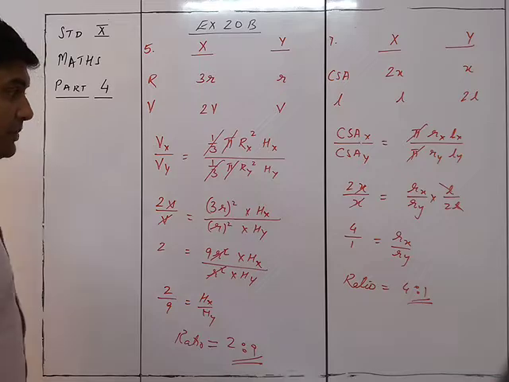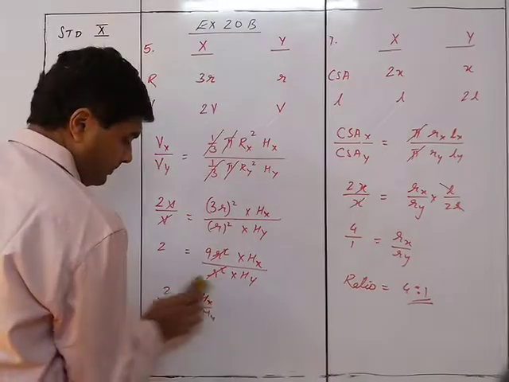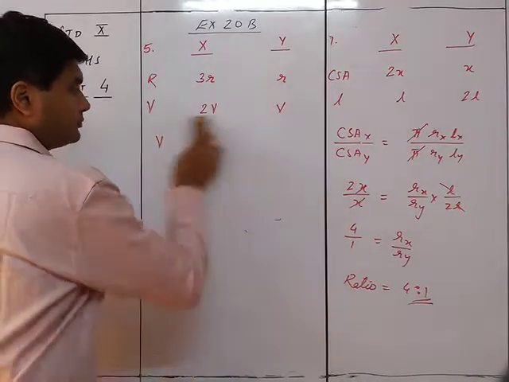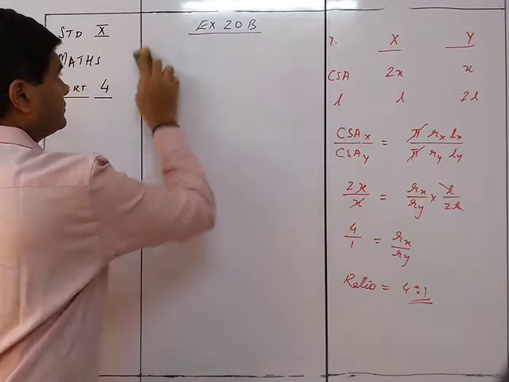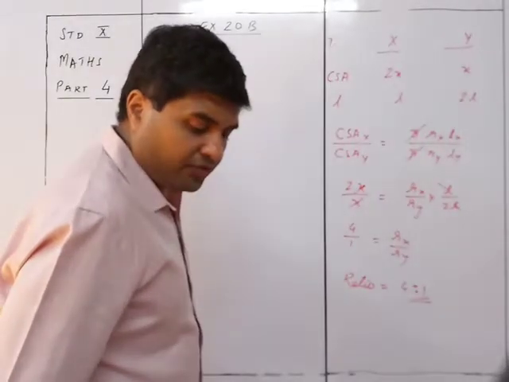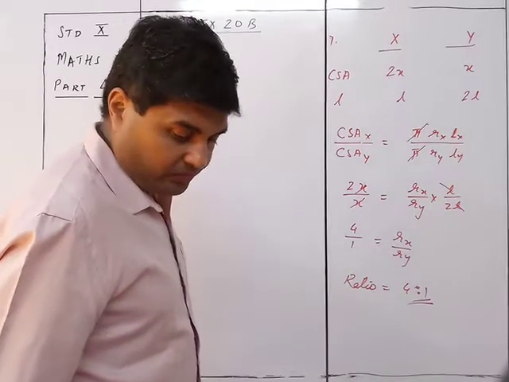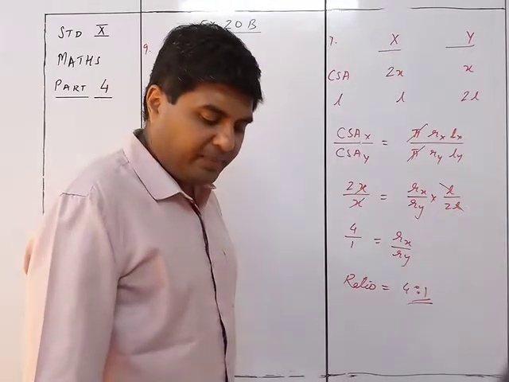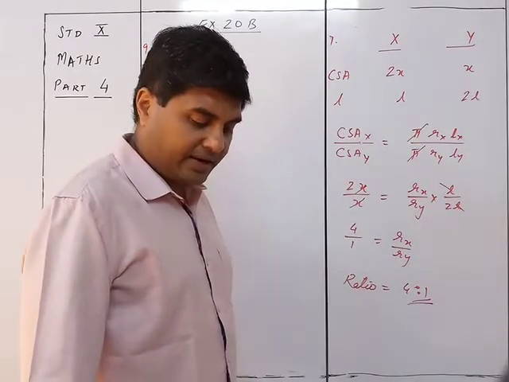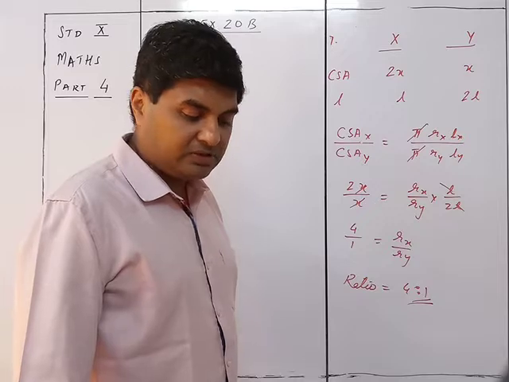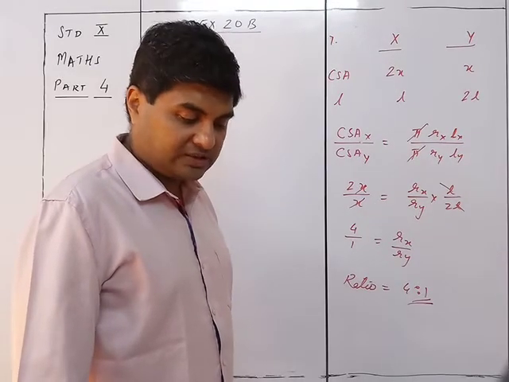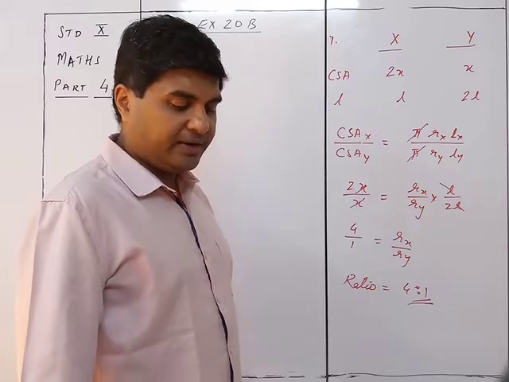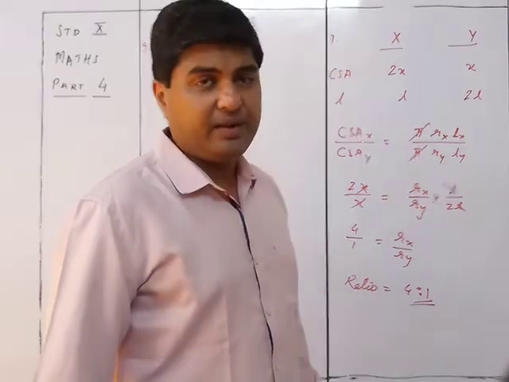Next we see is sum number 9. Find what length of canvas 1.5 meter in width is required to make a conical tent 48 meters in diameter and 7 meters in height, given that 10% of the canvas is used in folds and stitches. Also find the cost of the canvas at the rate of 24 per meter. Now this is a very important sum.